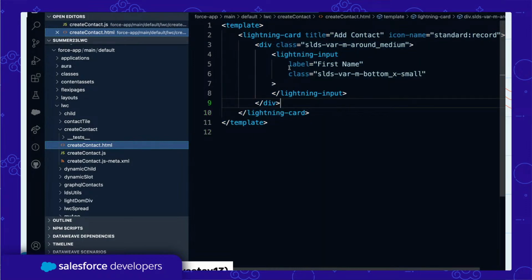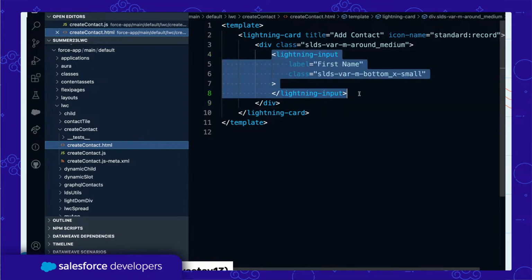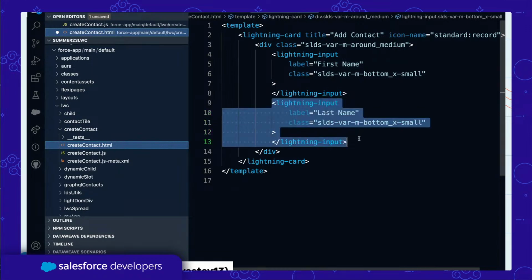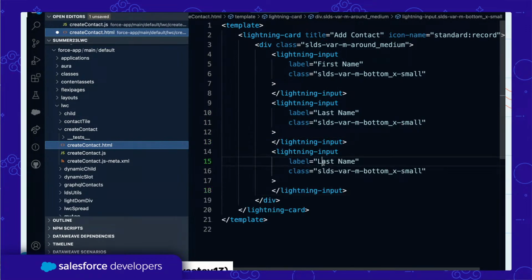So let's add another one for copy paste, add another one for last name, maybe add one for phone or email, add one for email probably. I think